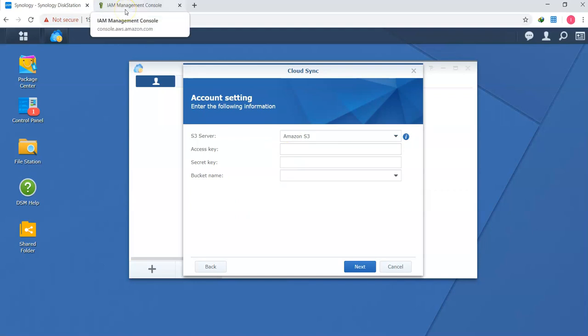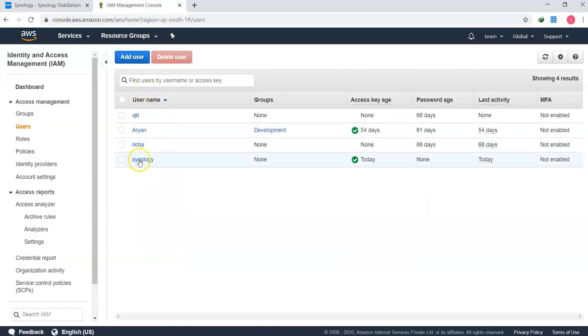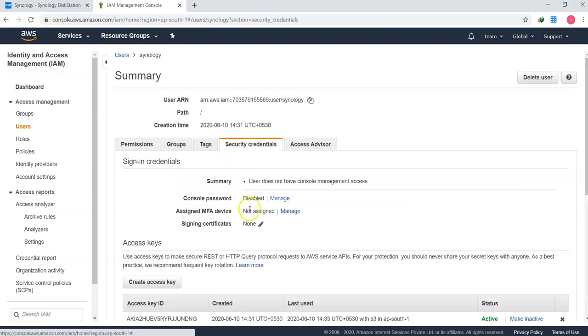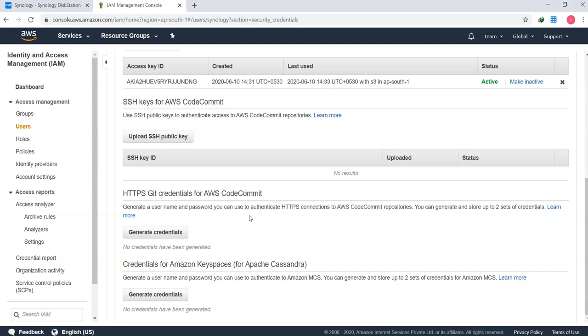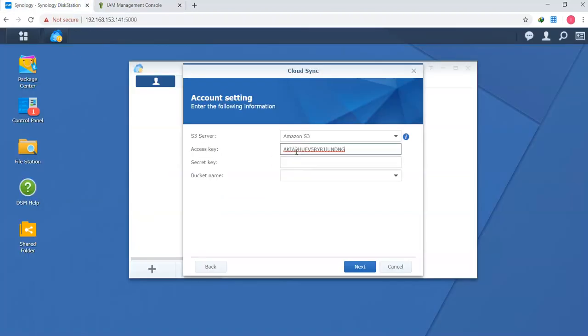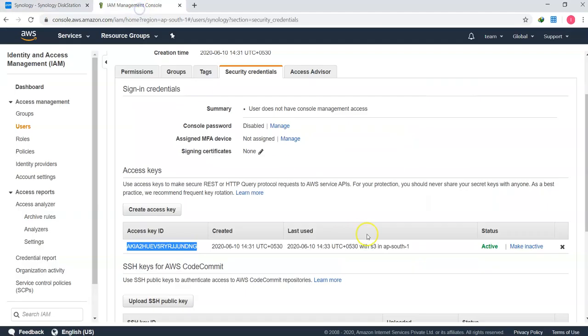So I'll go back to the IAM management console, click on the Synology user, and click on security credentials. You can see the access key ID I have. I'll copy it from here. Now I need the secret key.